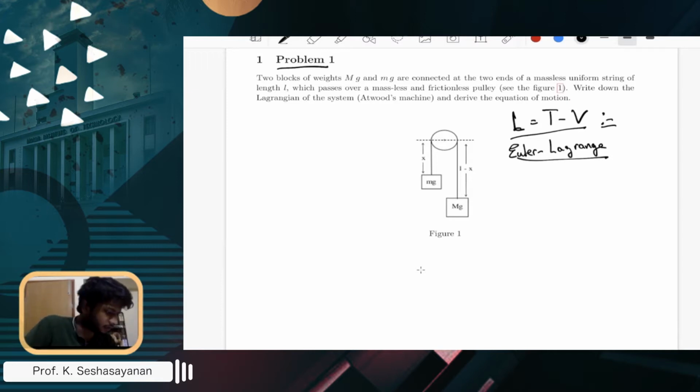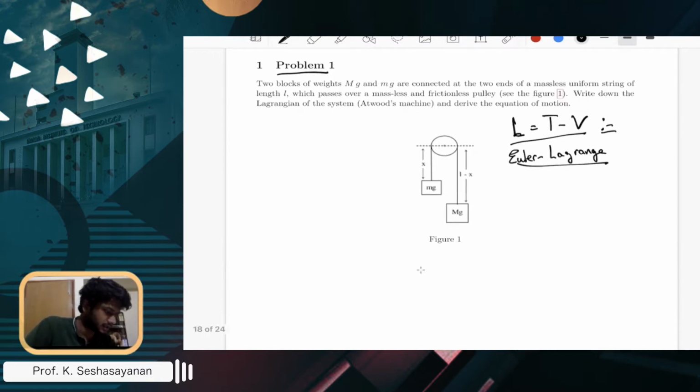So we have the Atwood machine. This is a standard example which shows constant acceleration. It's a standard pulley problem. You have a pulley which is massless, and two massless strings which are connecting masses small m and capital M. And the question is, what is the acceleration of the system, or what is the force balance or equation of